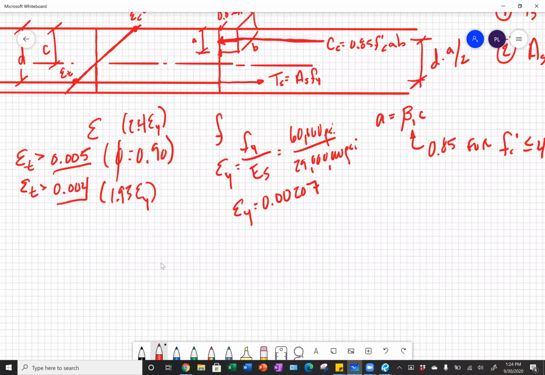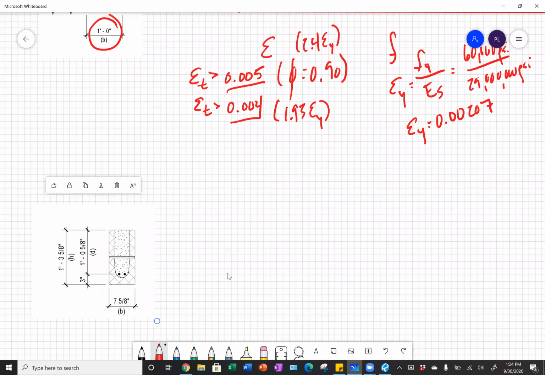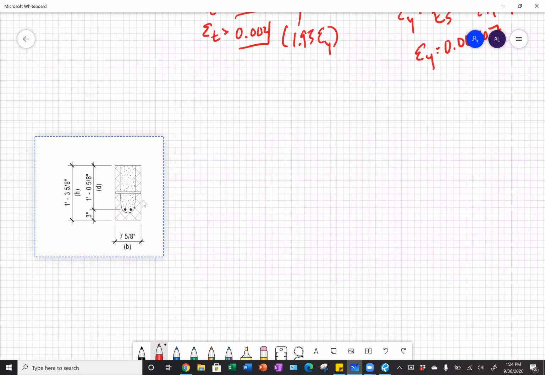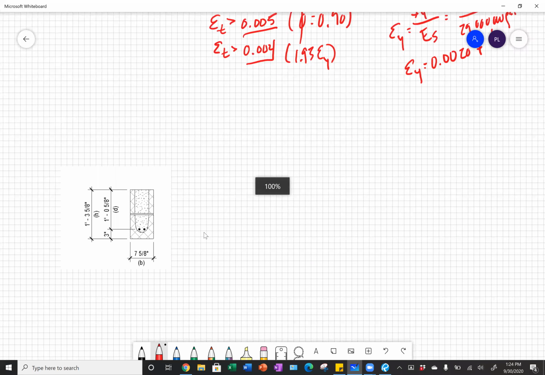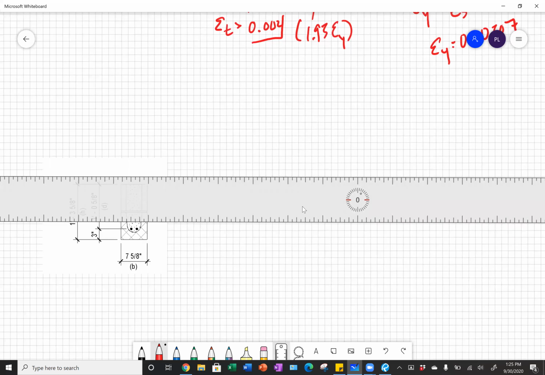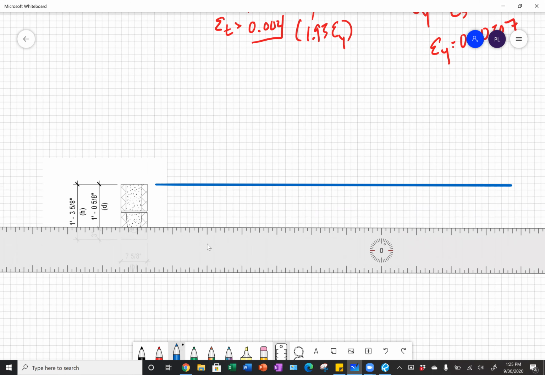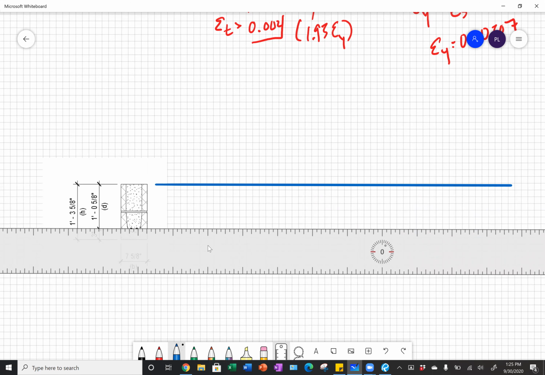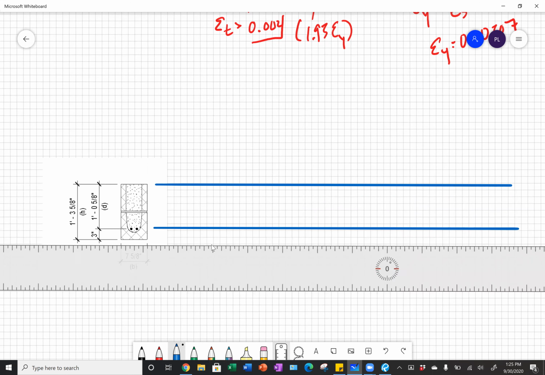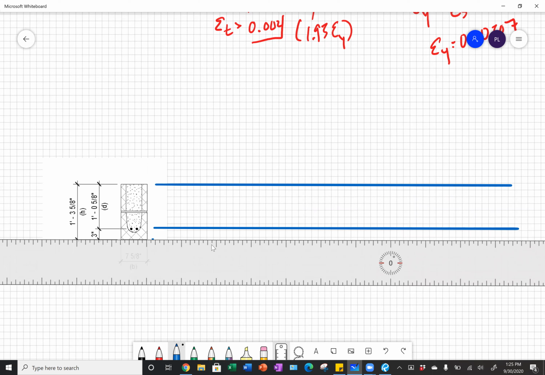So let's see how masonry compares. So if we have a CMU lintel or CMU beam shown here, and we draw our stress and strain diagrams, I'll use blue ink for our masonry beam. We have a line at the top of our beam, a line at the center of our reinforcement, and then we'll have a line at the bottom of our masonry lintel down here. And so if we draw our strain diagram,